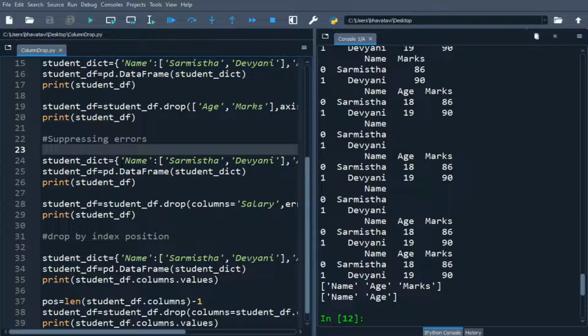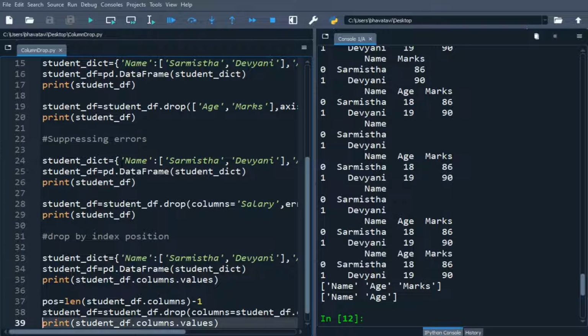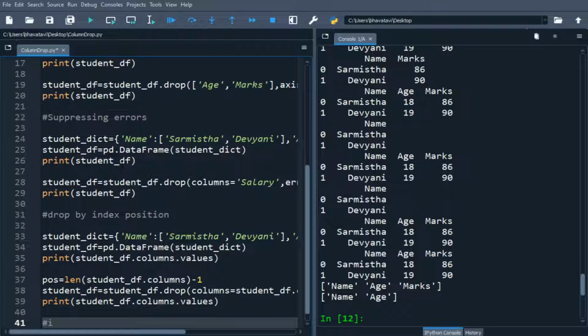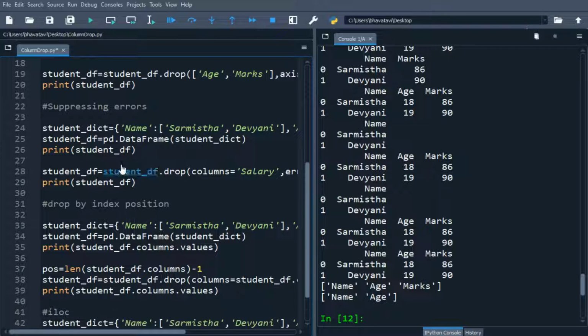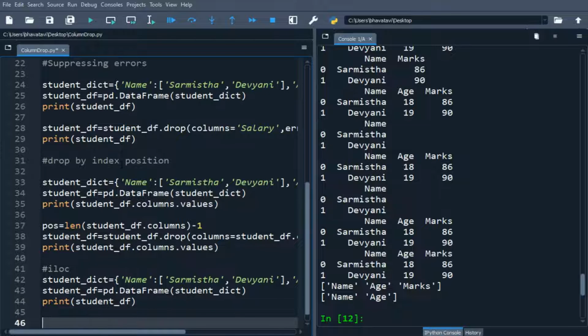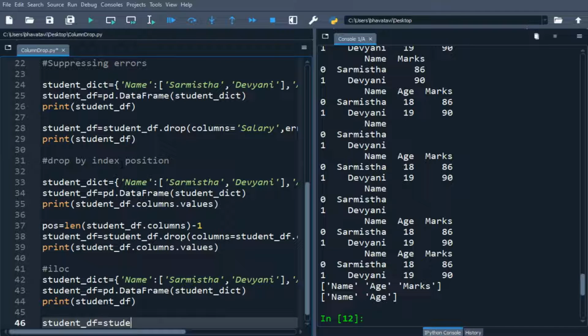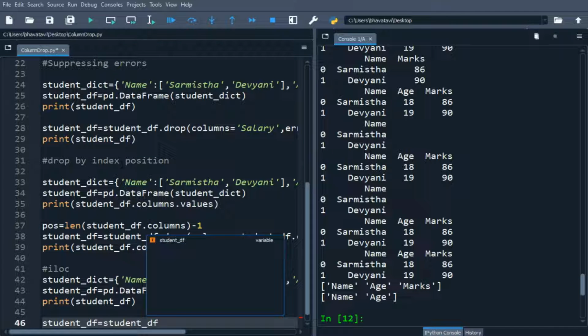Okay, so now let's drop a range of columns using iloc. So we will be using the same data as above. We have pasted the data, and now I want to drop the columns from 1 to 3. So let's say student_df equals student_df, then drop.